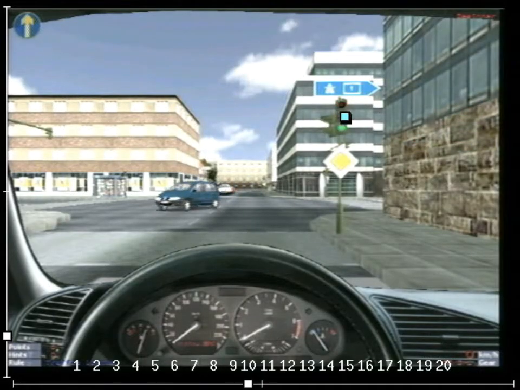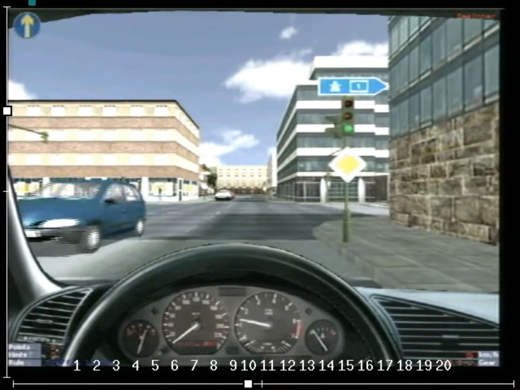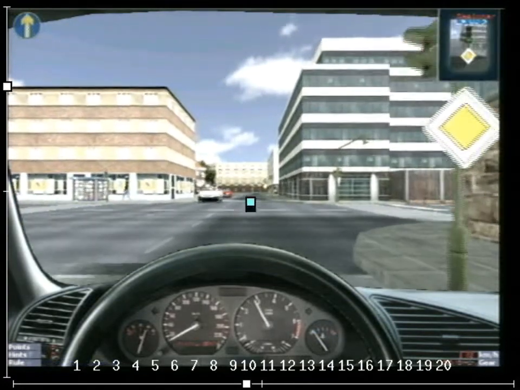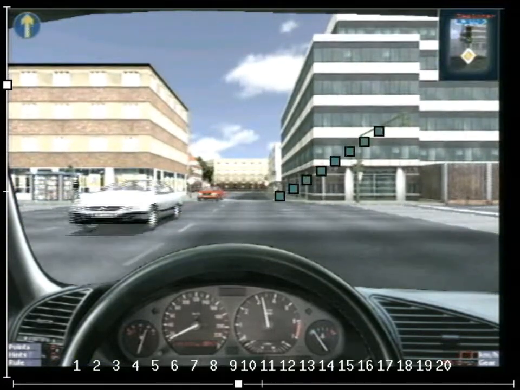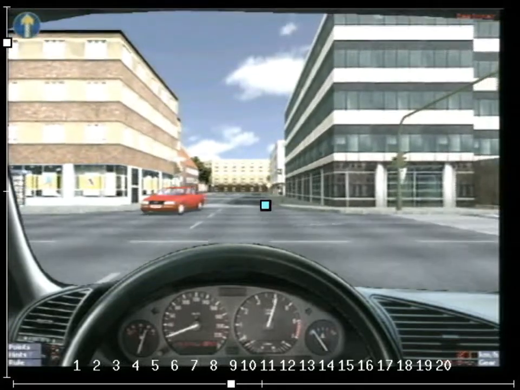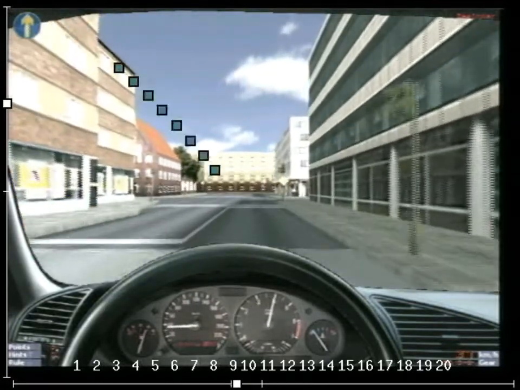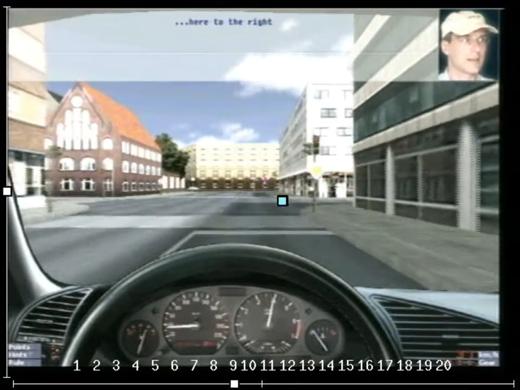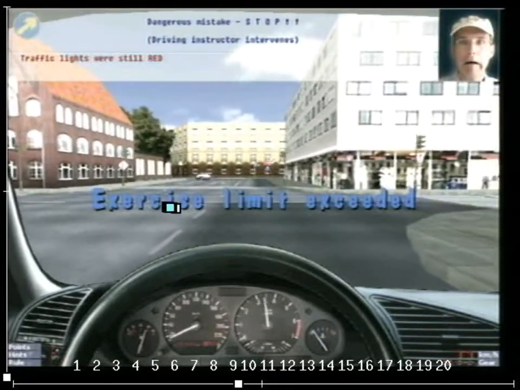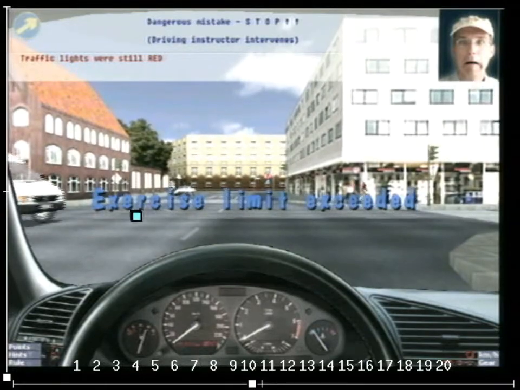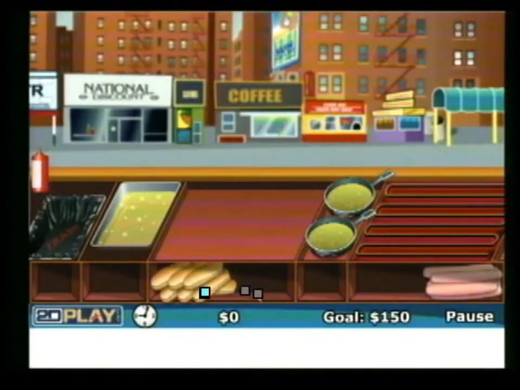So in my lab, we have taken this further by looking at interactive video games. Here, a player is driving a car, and in this game they have to follow the rules of the road very strictly. And you can see the eye movement position that is being recorded from the player, which is that little cyan square. Here is another example, and I'll show you some results with this one,